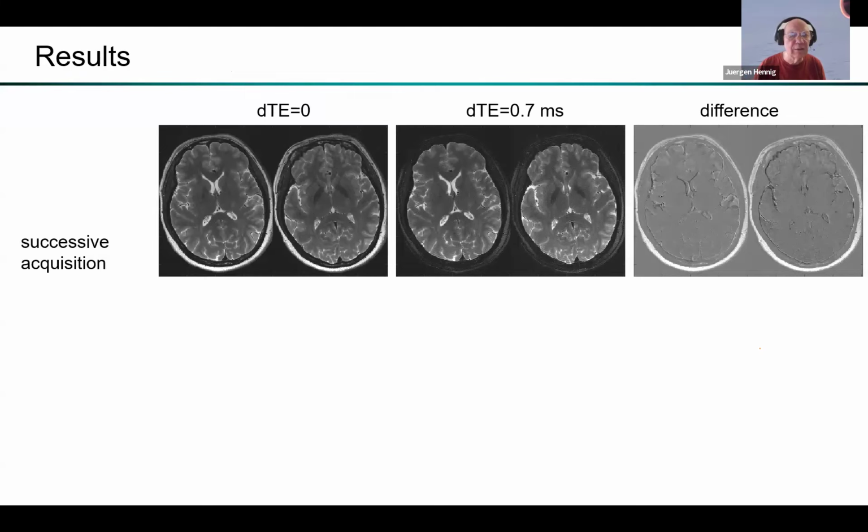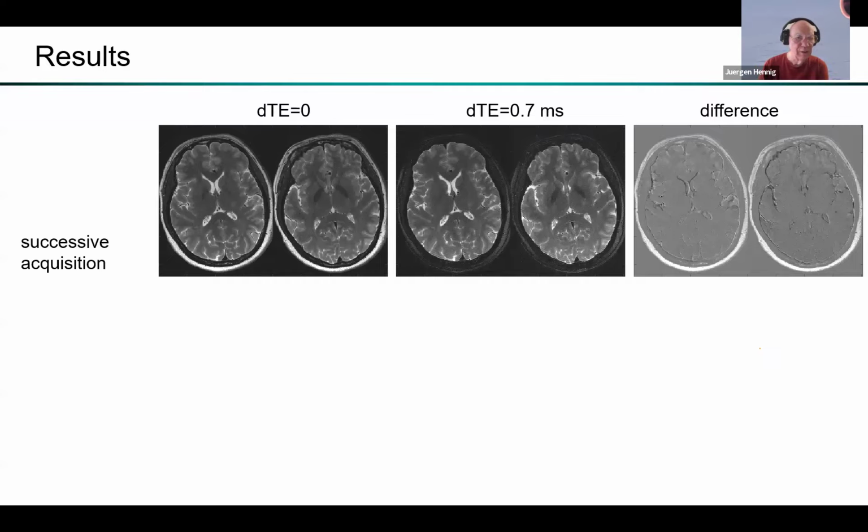So when I ran through some modifications of this shifted excitation pulse, I made a successive scan, and one sees that yes, the difference clearly shows the fat, and the brain signal is the same, but you also see that between scans there was some slight motion of the volunteer, which I think is very typical. Volunteers keep very quiet during the scan, but when the scan is over, they relax, and that relaxation can lead